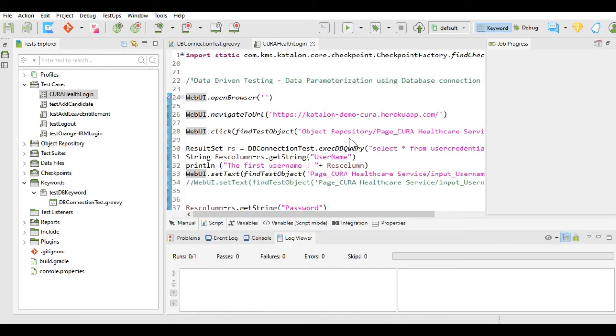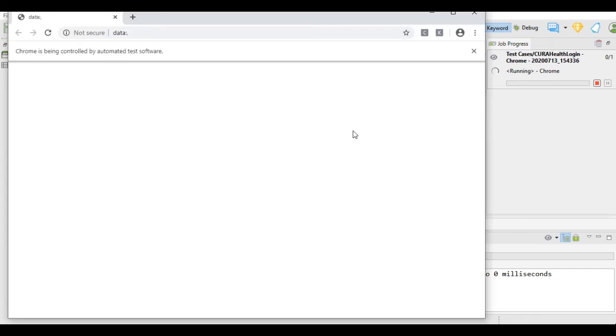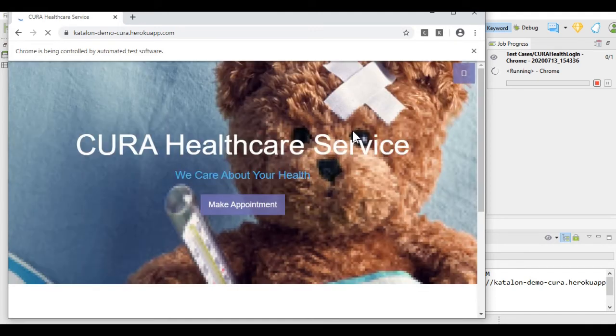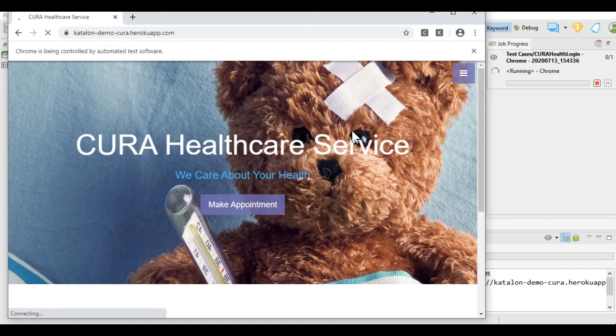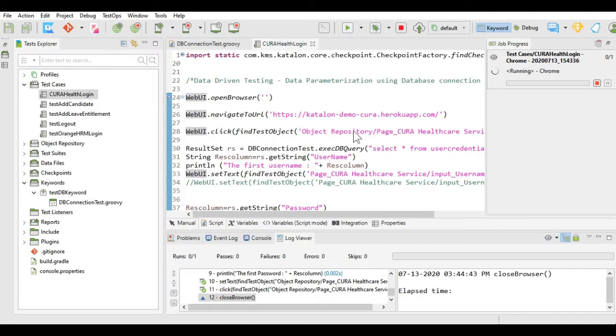I will execute the code. It has taken the username and password and clicked login.